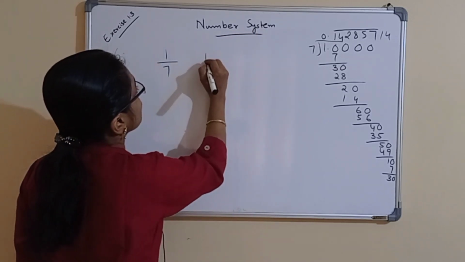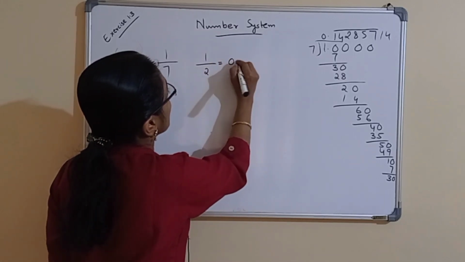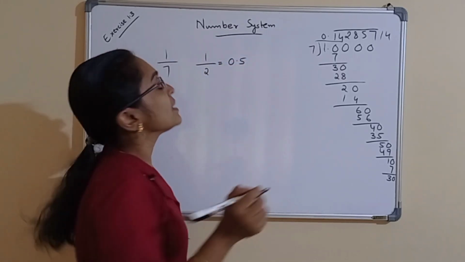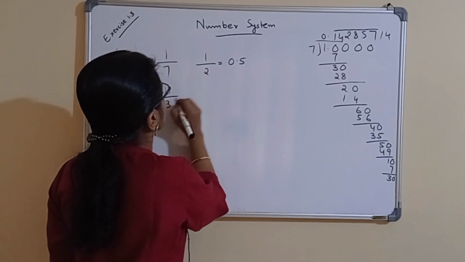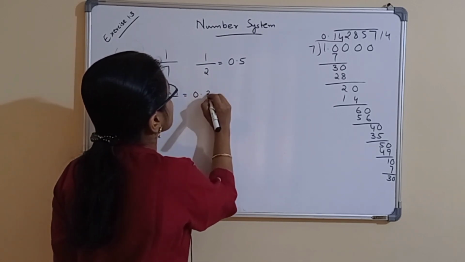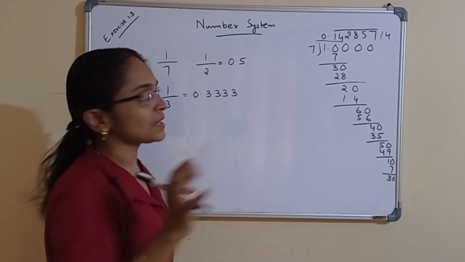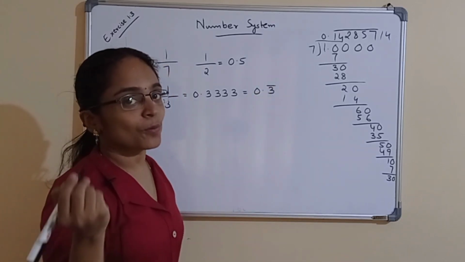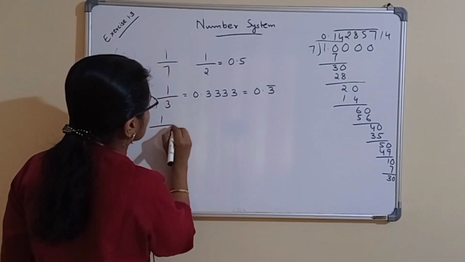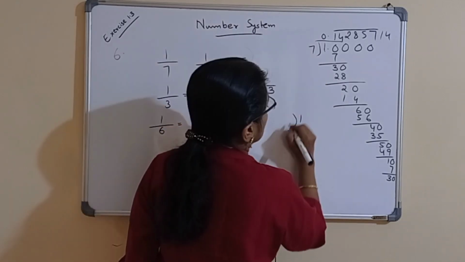And if we take 1 by 2, 1 by 2 is nothing but 0.5. It is terminating decimal. And if we take 1 by 3, we will get 0.3333 etc. It is non-terminating repeating decimal. That is, 1 by 3 is 0.3 with a bar. And what is 1 by 6? 1 by 6 is